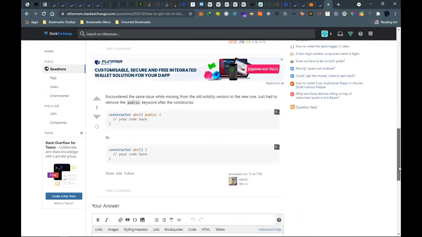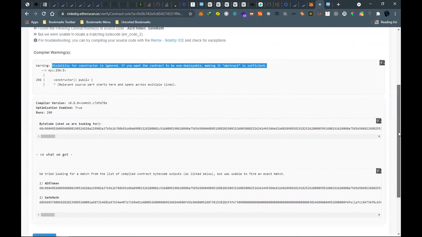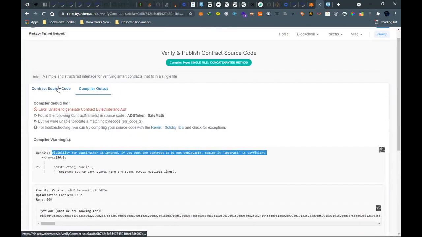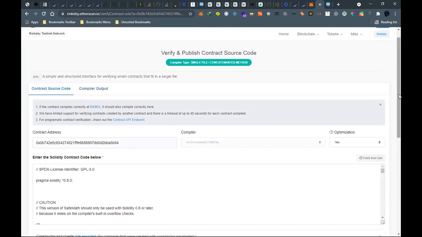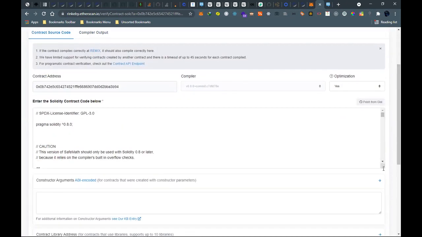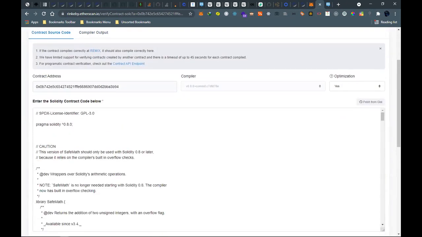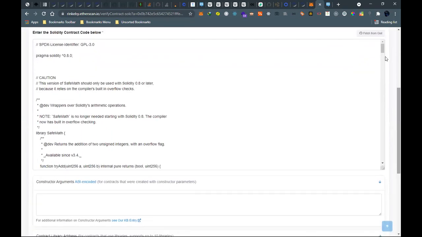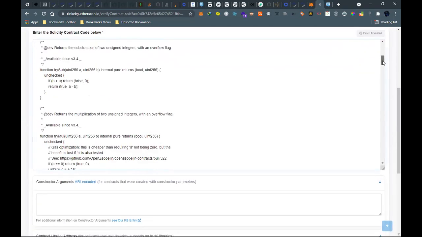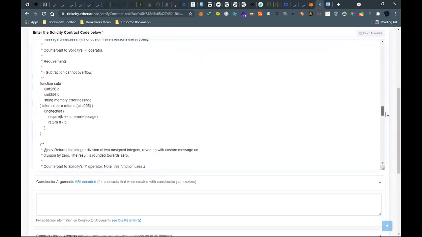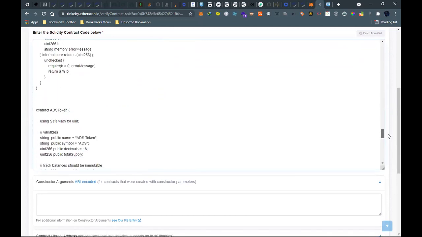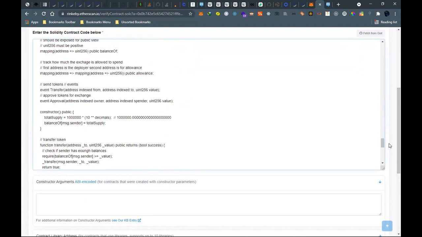Oh, so I can remove the public. Let me see if I remove the public, whether it will work.